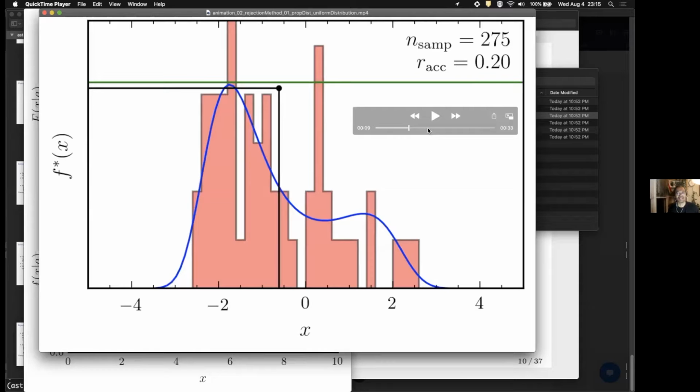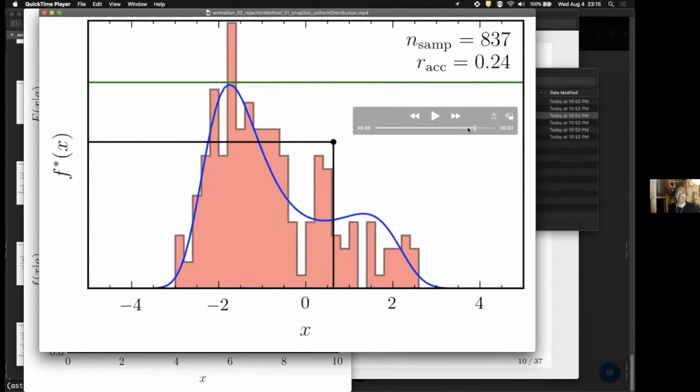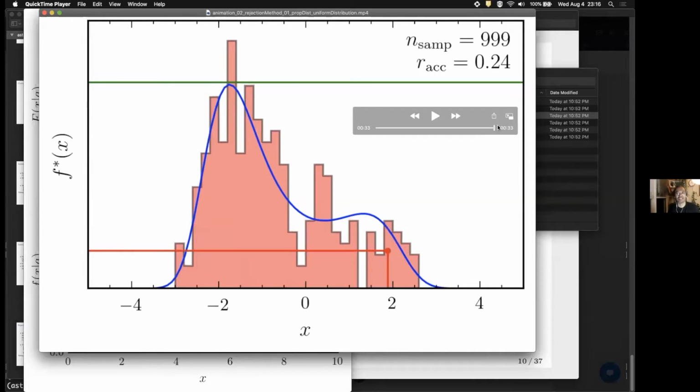Yeah, it's basically just generating samples all over the place. That's very good. So as you can see, if the proposal distribution looks very different from the target distribution, then we might get low acceptance rates. Like here, in the end, there's only about 25% of the samples. So we generated about 1,000 samples, but actually there's a lot more, because only 25%